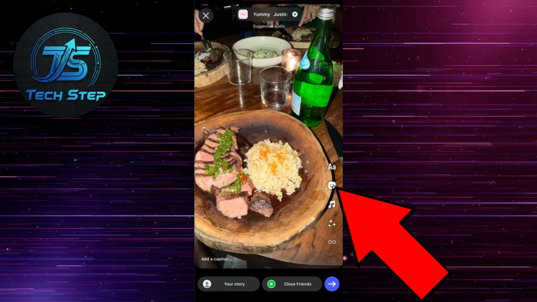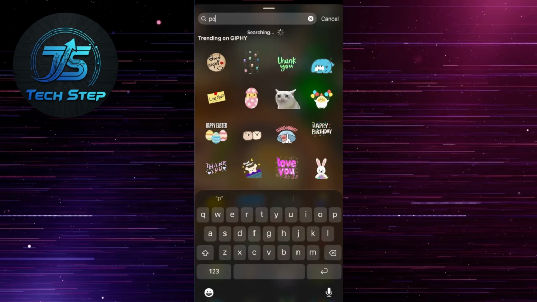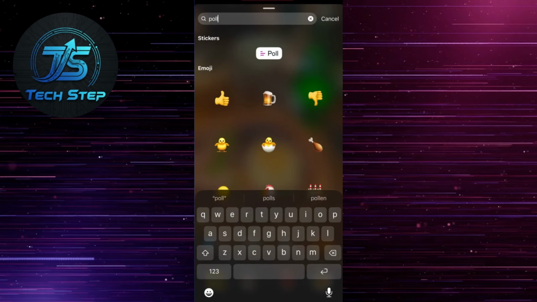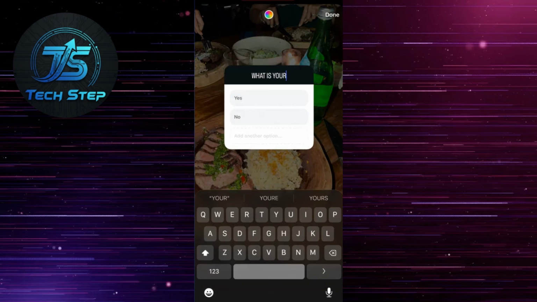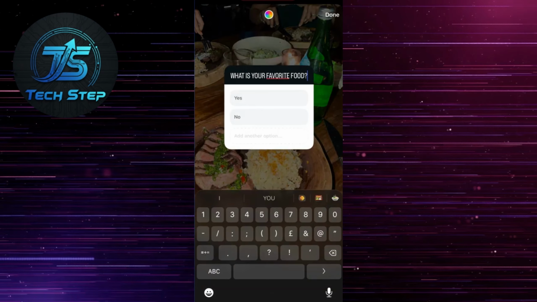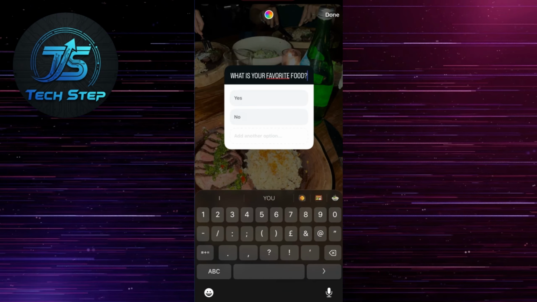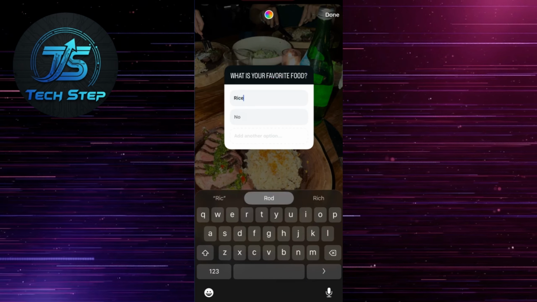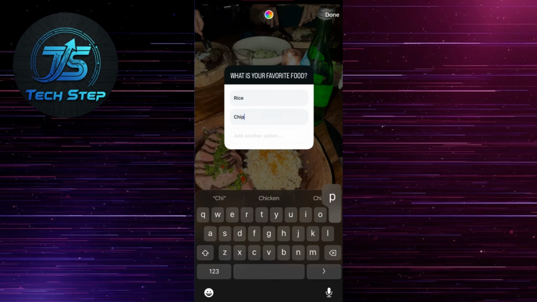hand side. Now, click on the search box and type in the word poll. Click on poll from the list of options and then go and type in your question. Now, by default, the answers will either be yes or no. You can go and change these by clicking on each of them, and then you can type out your own